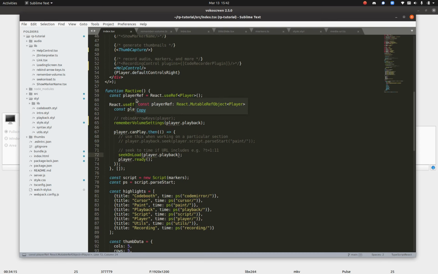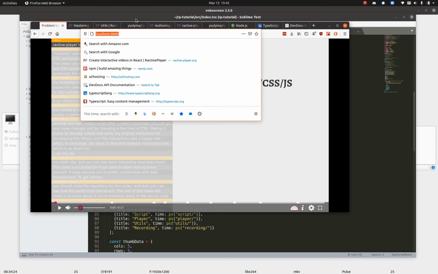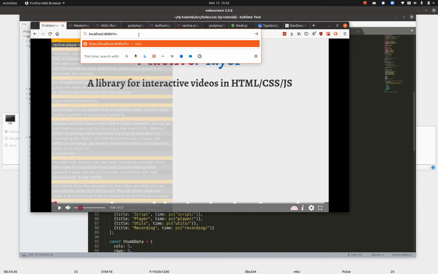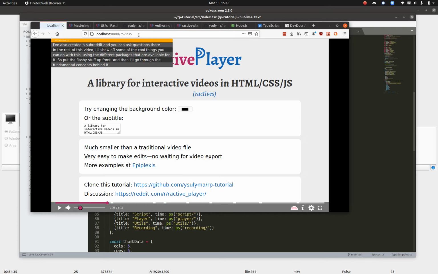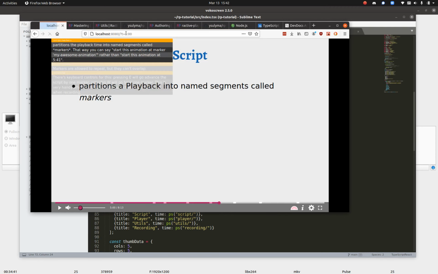Seek on load. This is for if you want to link to a particular part in a video. You can do t equals 135, and when the video loads, it'll start there, like this. And that also works, usually